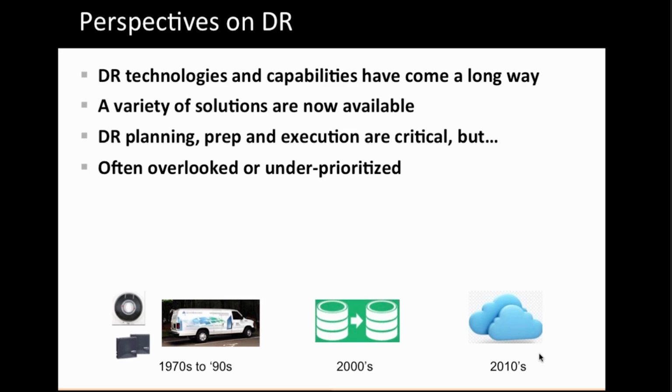Now, a really big point I want to make is that a well thought out plan is really key to protecting your key data and workloads. But unfortunately, the planning stages are often overlooked or under prioritized. This is especially true among the smaller organizations that we speak with. I really think it's human nature. We as human beings don't like to think about failures. We don't like to imagine a prolonged outage. We don't like to think about its consequences. And so it really becomes easier to just ignore the issue.